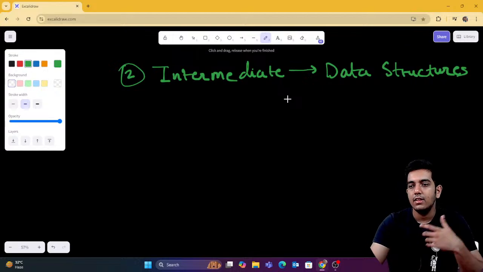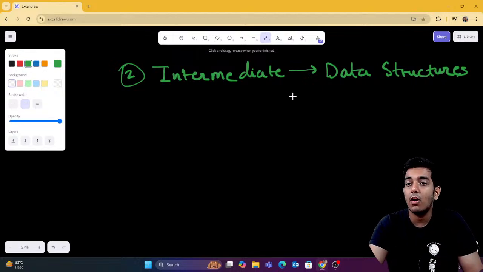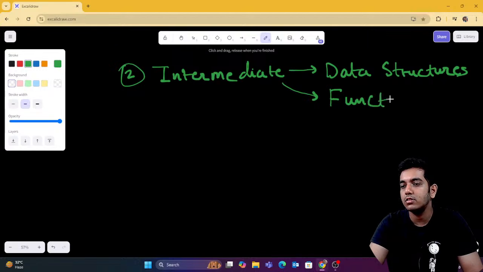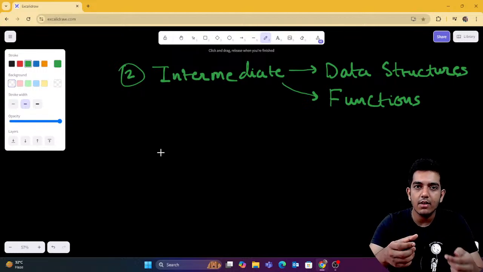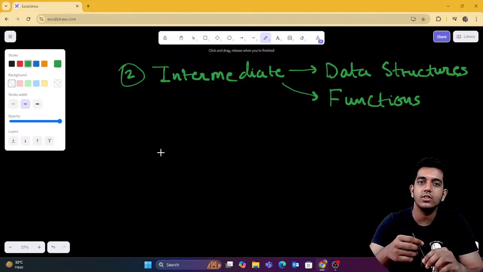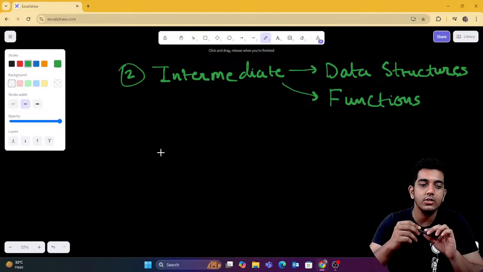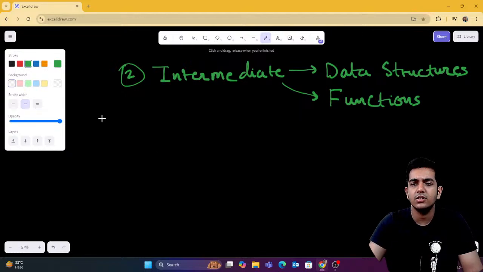We're going to learn that. Then after that, guys, we're going to learn about functions: how to write functions, how to write recursive functions in Python. So you can just say how to define functions. You're going to learn about recursive functions. Then you can also learn about lambda functions, which are anonymous functions. It's a term in Python.